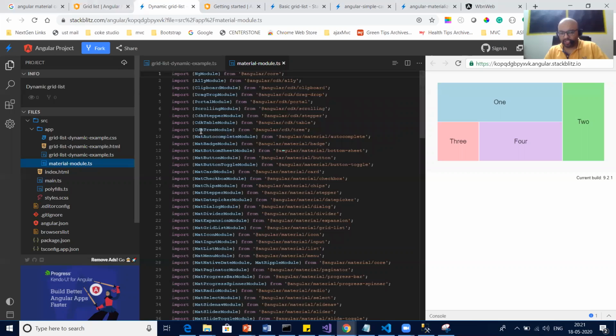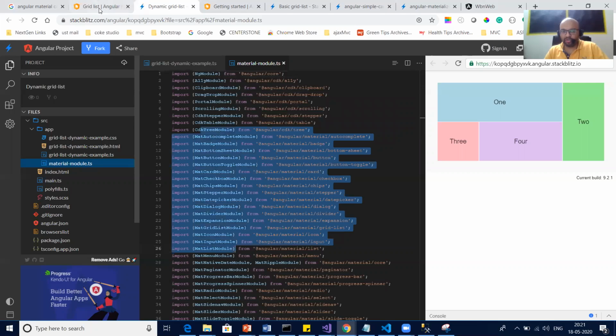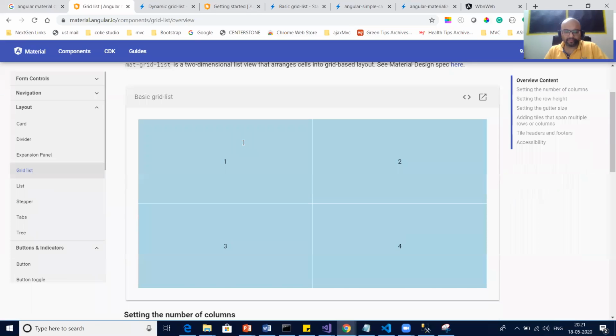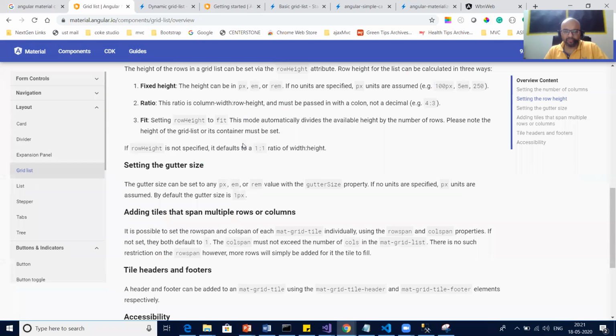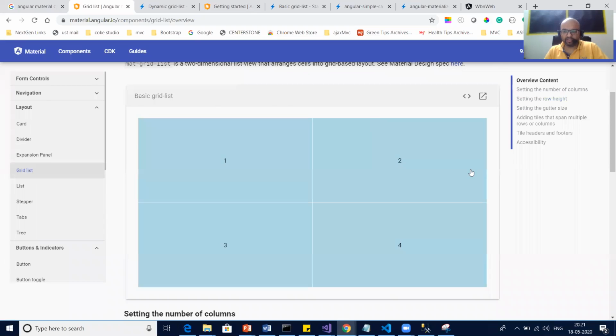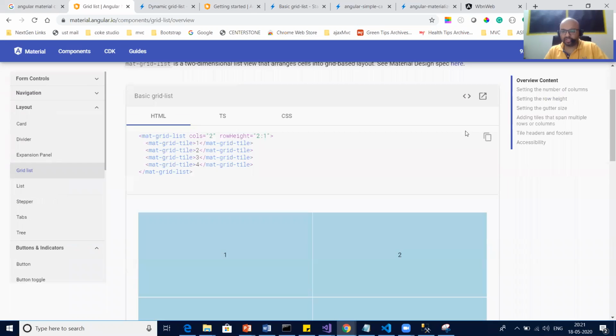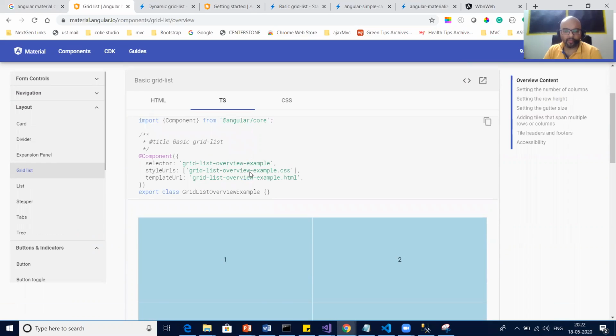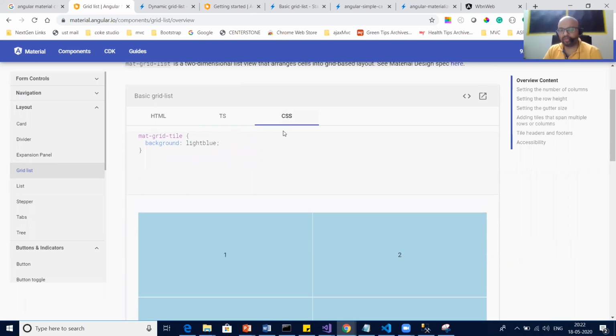You can check in the example, or one good way is in the overview, where they have given the example. We can check in the code, like what should be the code in TS file, what changes we need to do, CSS. So like this, we can basically copy the code from here.